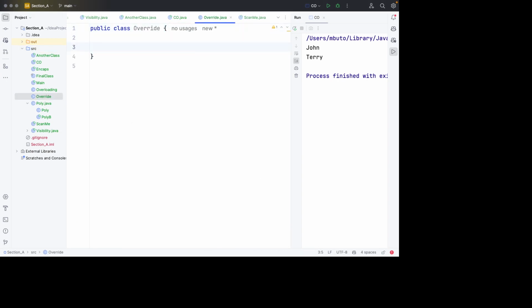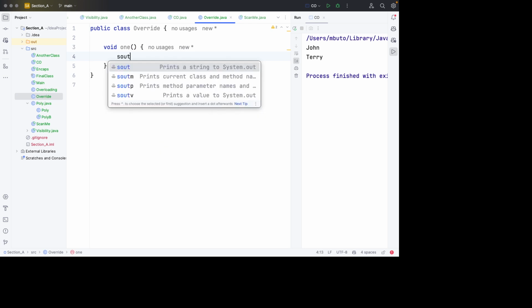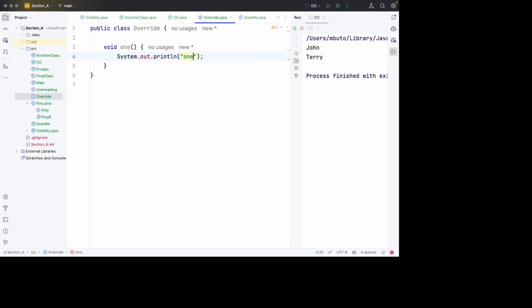Method overriding. So let's have a method called one like that, and this method prints out one like that. So method overriding here only happens if there is what? Inheritance involved. So we need to inherit some